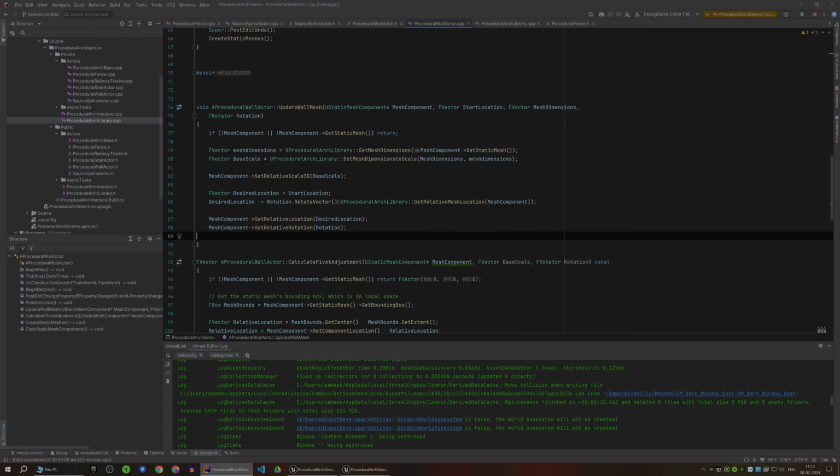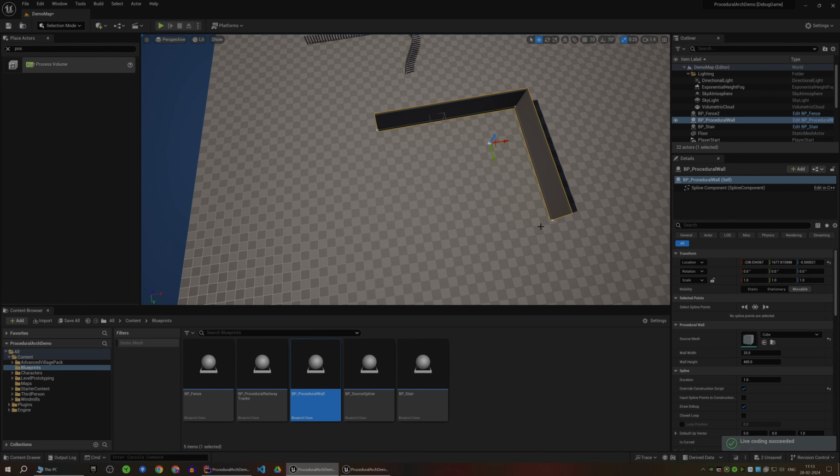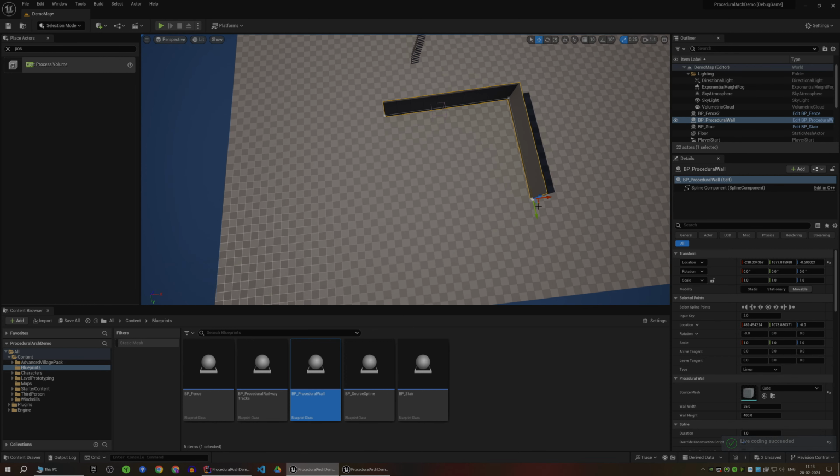So now this is a working, I mean, procedural wall, right? Very easy to implement. If you see, if I extend the spline further, you can see I can easily build a whole wall. If I do this closed loop, oh, the spline got closed, but this also needs to work now. Okay. So what I can do is I can set the condition that if this is closed